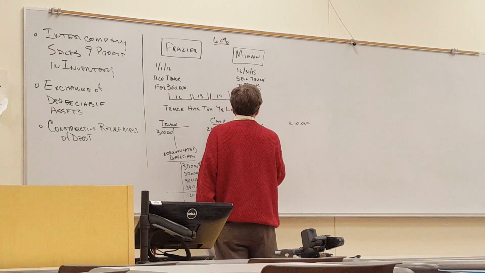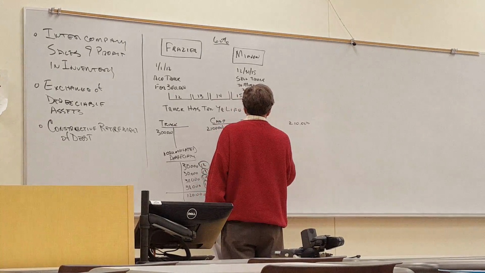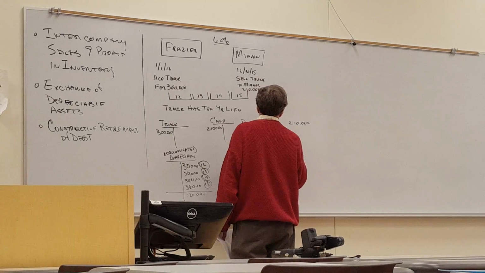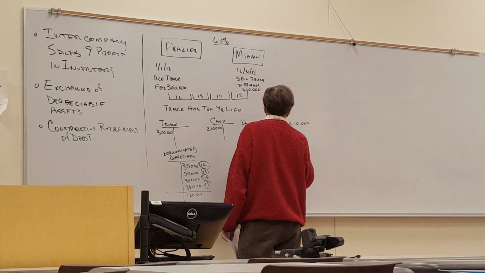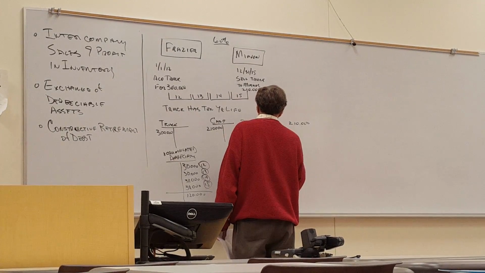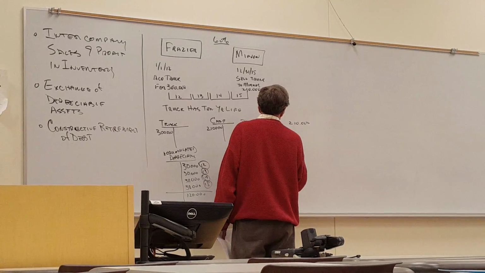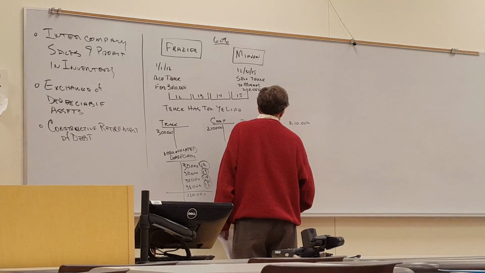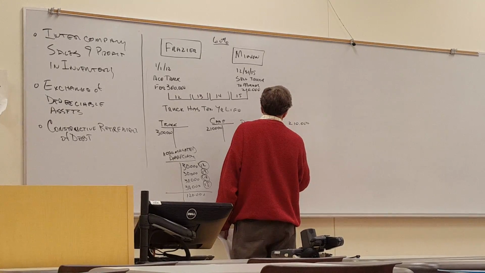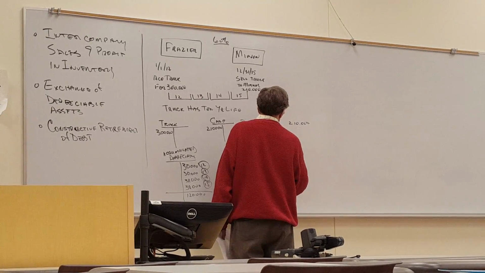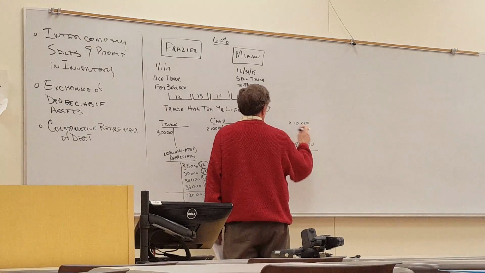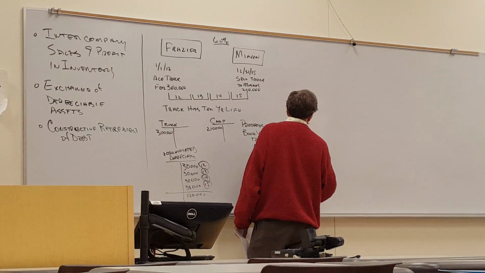We have book value, which is the truck, of $300,000 minus accumulated depreciation of $120,000. Gives us $180,000 of book value. We subtract the book value from the proceeds, and we have